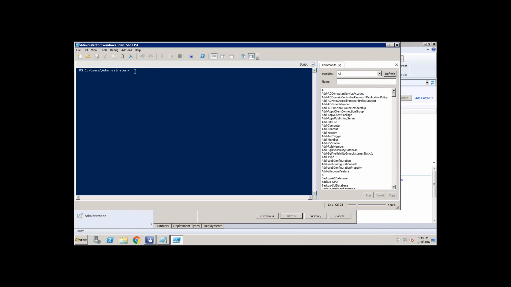Right, DP, that's called distribution point.